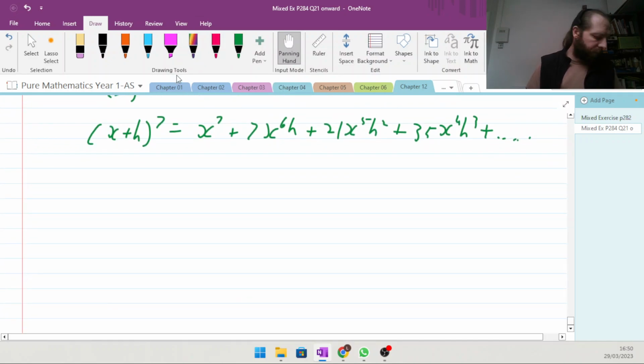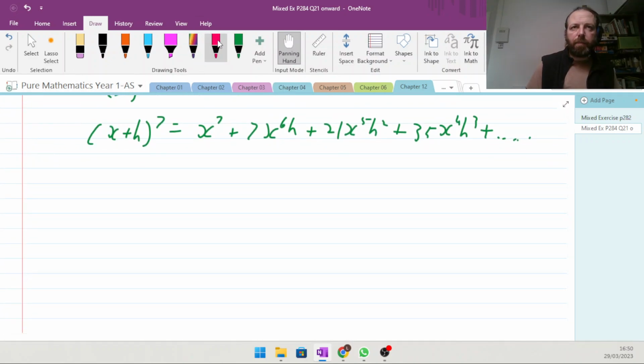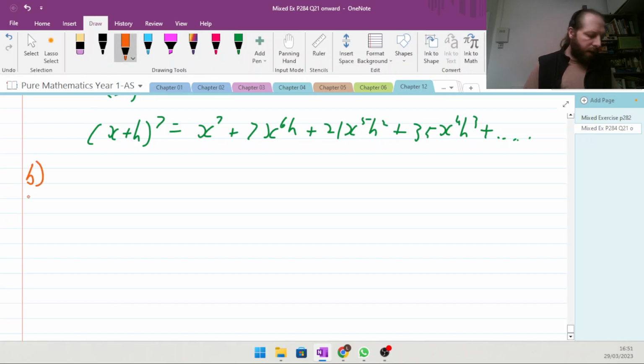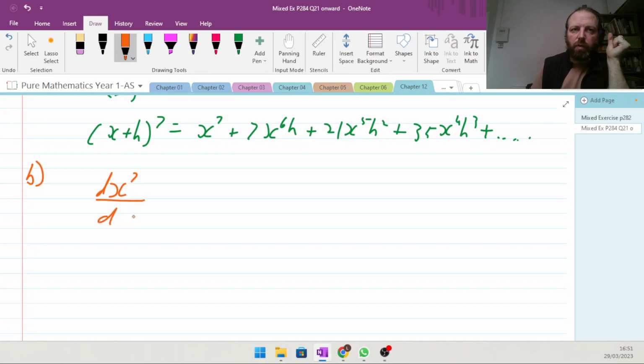Now then, part B. Hence prove from first principles that the derivative of x to the 7 is 7x to the 6. So we want to differentiate x to the 7 with respect to x. And it's going to have a limit